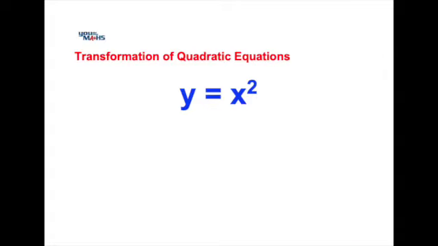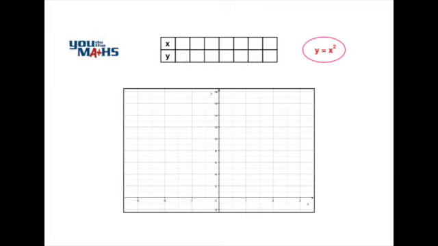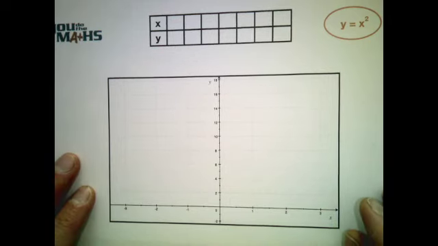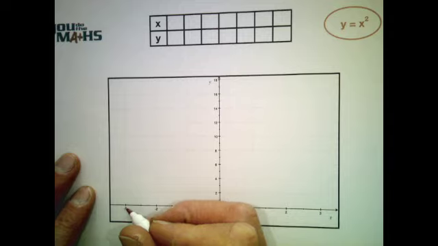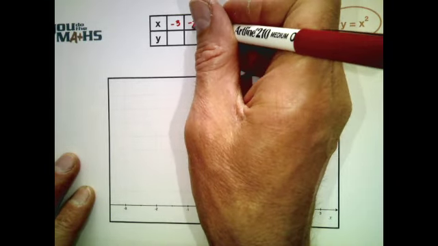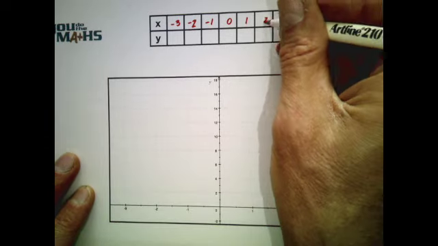Let's first of all have a look at the graph of y equals x squared, and we'll do that via a table and then plotting the points on the graph itself. Our axes in this picture go from -3 to 3 on the x-axis and from -2 to 18 on the y-axis. So we'll start at -3 and we'll plot the x values going from -3 up to 3, 1 unit